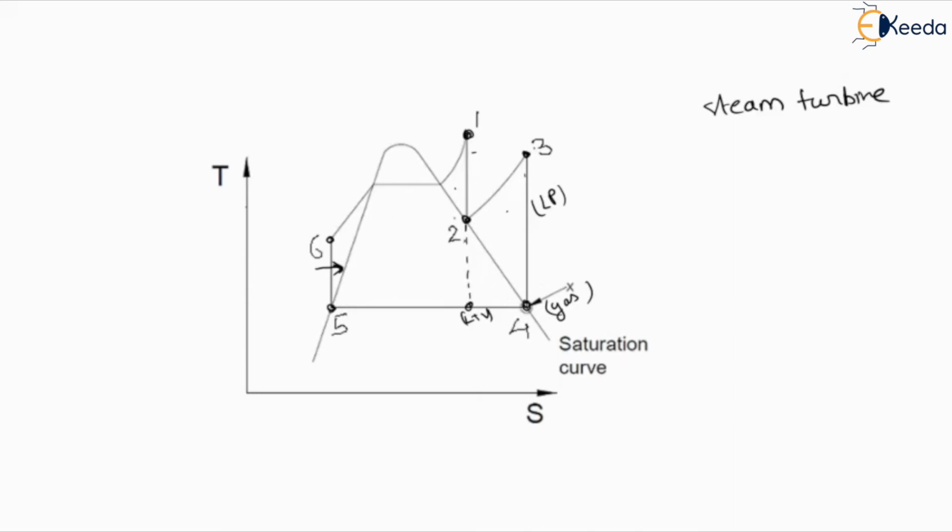Suppose if we are getting this particular process, here we will be at the same point, liquid plus vapor, but it will increase the area if we are superheating the steam at point 1. So it will have more efficiency than the Rankine cycle. But if we are getting this steam in completely vapor form only, not in liquid plus vapor, it is again increasing this area. So our work output is increased and efficiency will also increase.